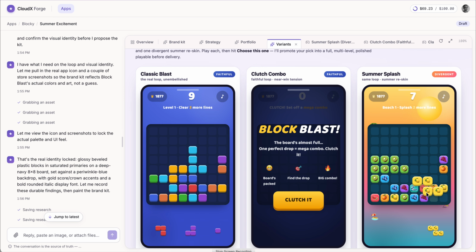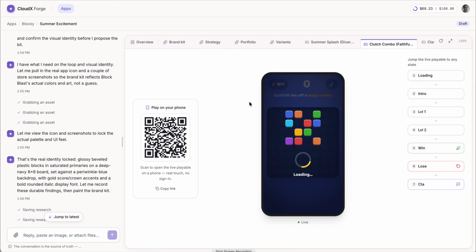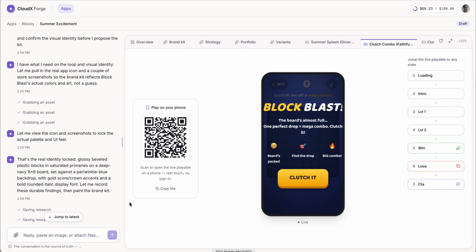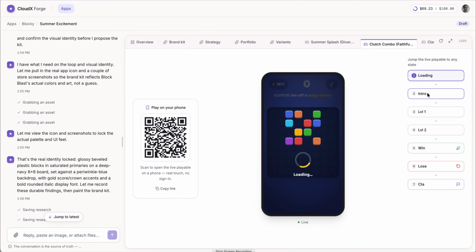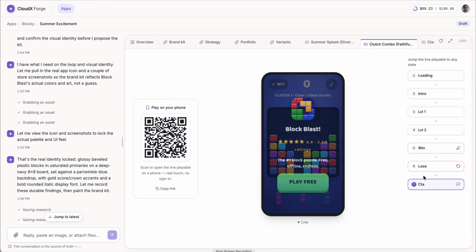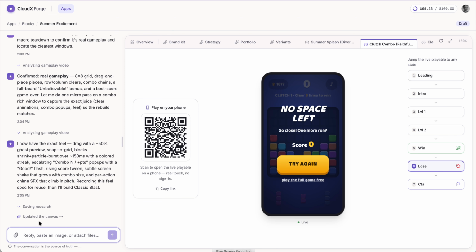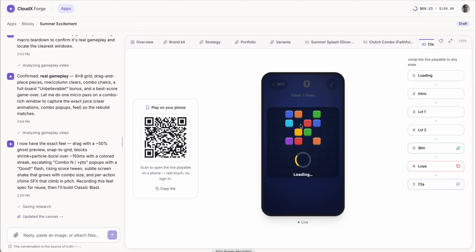The playable on the right is something more creative, right? It's a bit divergent. What you can do then as well is have a QR code if you want to feel how the playable looks and feels on the actual device, right? You can try that. We have a loading screen, an intro screen, different levels, win state, lose state, and the end card. And for all of them, you can use the agent to update and change anything you want within a playable itself, or